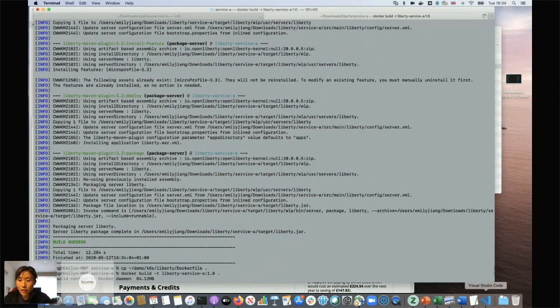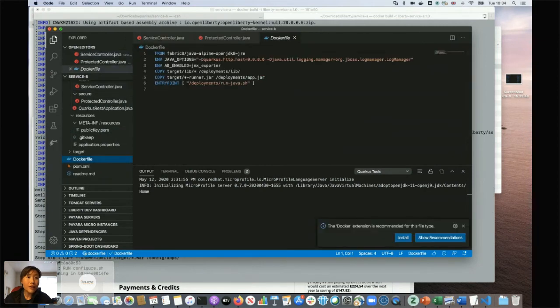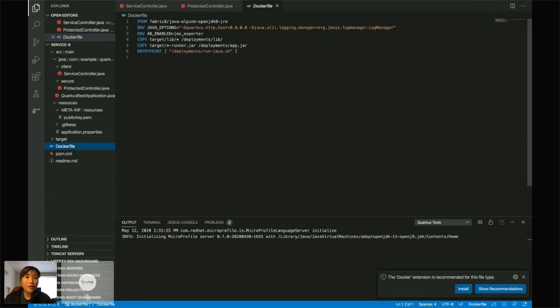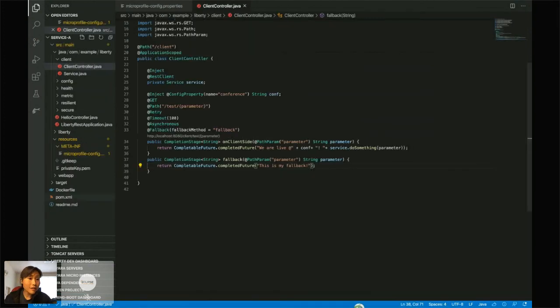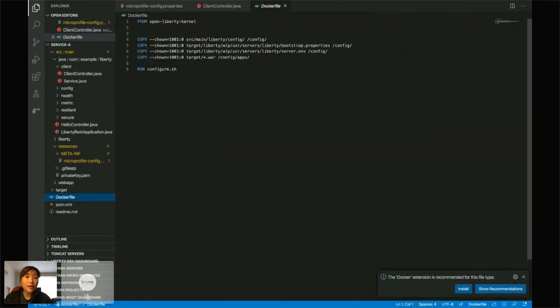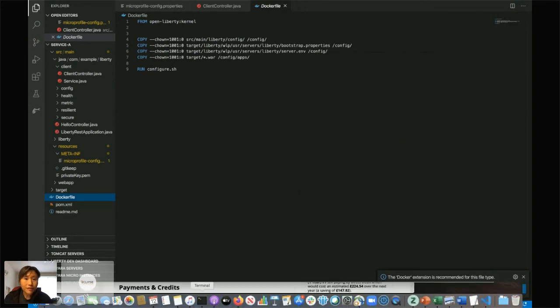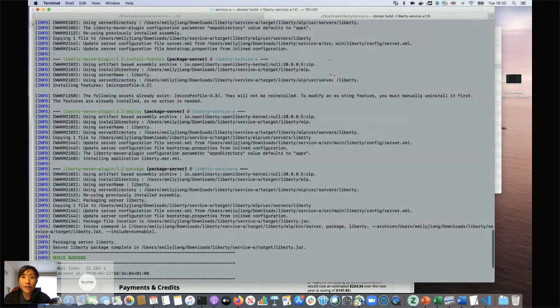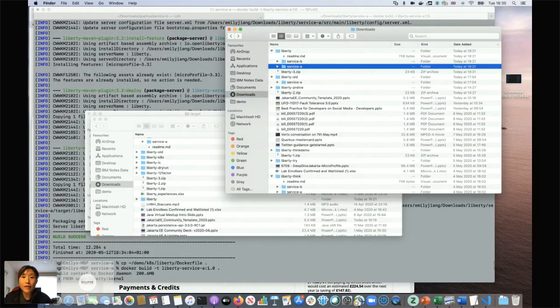While it's building, let me quickly show you what this Docker file is like. So this is the Quarkus Docker file, basically from Fabric8. It's only a few lines. And this is the OpenLiberty Docker file, directly from the OpenLiberty kernel, and then you copy a few server configs and run config.sh. Next thing I want to copy